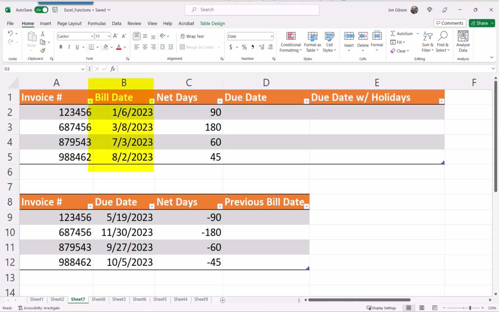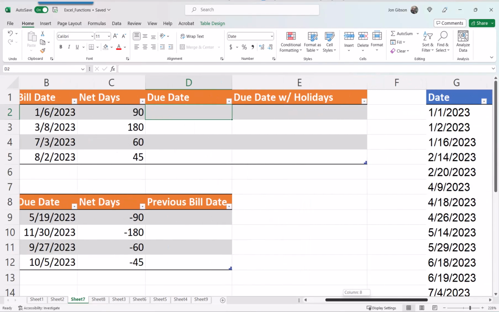In column B, we have the date that the invoice was created. In column C, we have our net days. This is how many days out from the bill date we want the invoice due date. In columns D and E, we have the result cells that are formatted as dates. Column D will be the date without the holiday argument, and column E will use the holiday table in columns